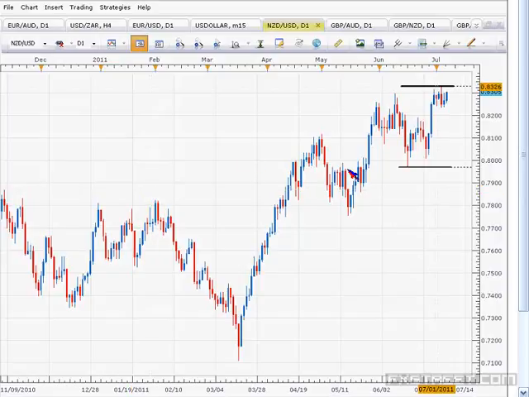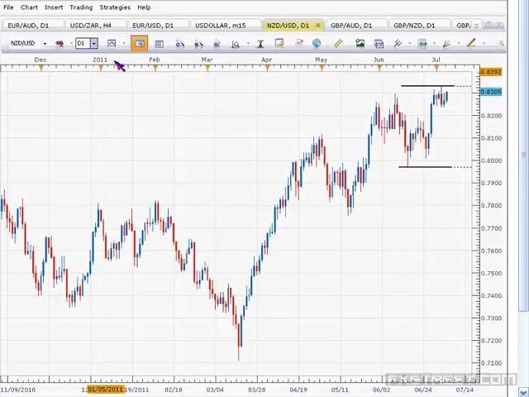Okay. So here's our support and resistance levels. In the case of the New Zealand US dollar, I'm going to filter my trades so that I'm looking for the long trade. So this is where I'm going to want to go long at. And in essence, since we are pretty close to this trade right now,